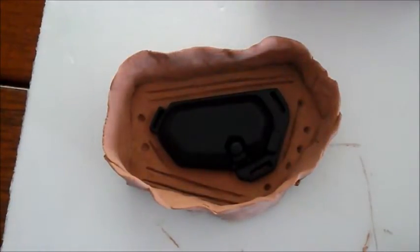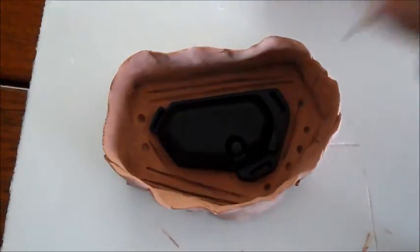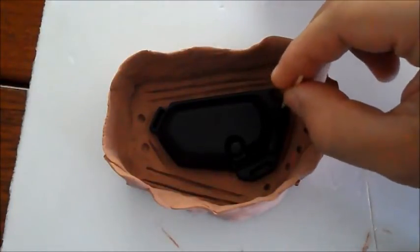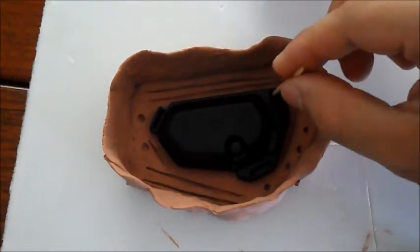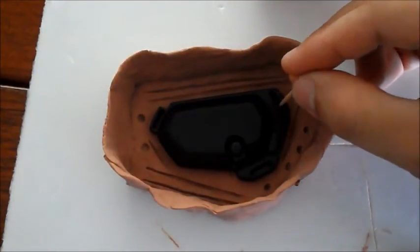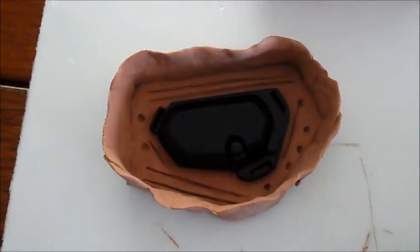So when I'm pouring my silicone, I'm going to make sure that these areas get covered by using either a brush or a toothpick. Just swirl it around in there a bit and make sure that I fill this area before I put silicone all over the top, because otherwise that will trap a large air bubble here and it will ruin the entire mold. So now I'm going to move on to